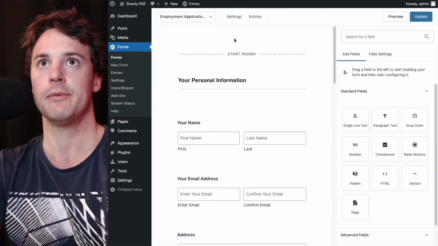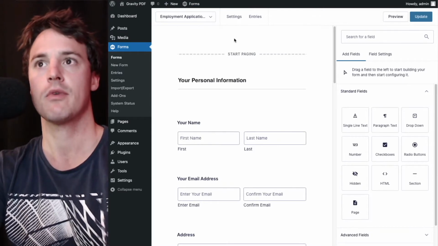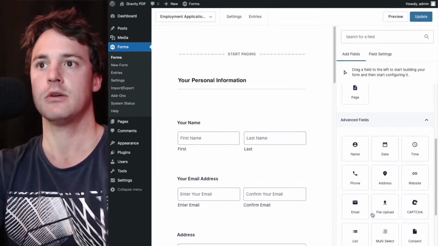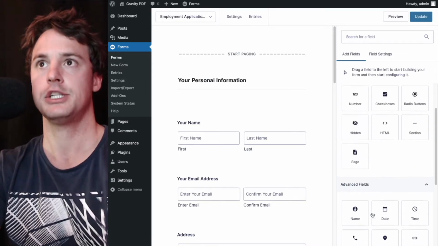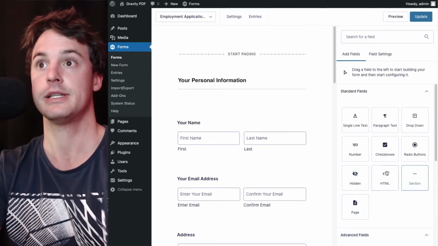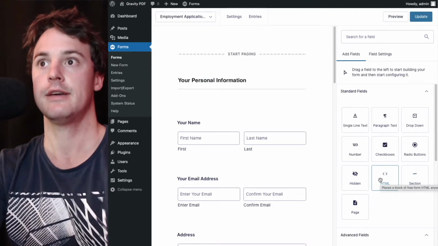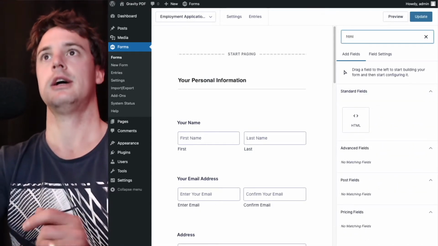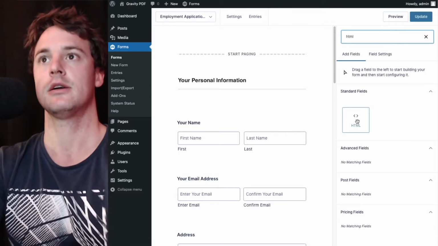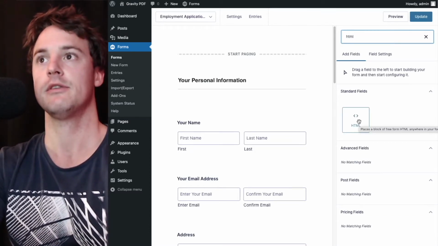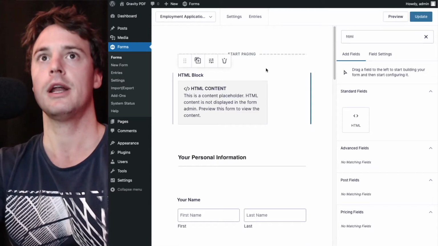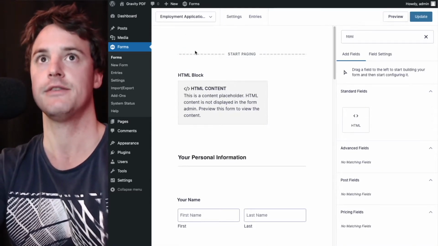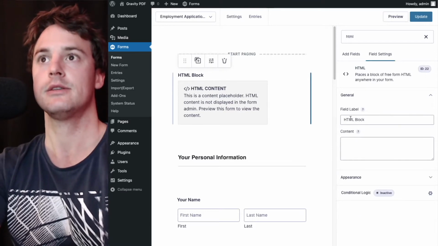So we'll go edit the form, and this particular technique relies on the HTML field, which is under the Standard Fields section here. If you can't find it, you can use the Search for a Field feature, and it'll show you any matching fields with that name. So I put it right at the very start. We can't add it above this first Start Paging field. So right at the start, and I'll just give this a name,